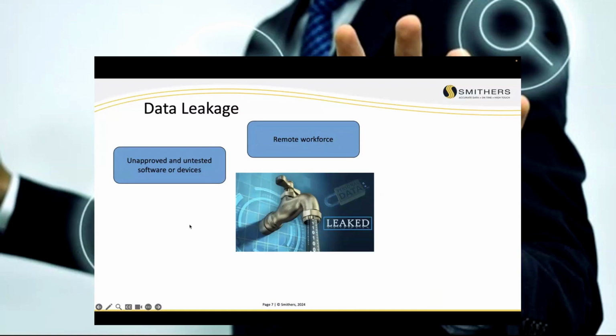First and foremost, your employees are using either unapproved or untested software or devices. The devices come in if it's bring your own device, BYOD. If they bring their own device and you don't have some method of scanning or monitoring that device, you have no idea what software is on it. The other piece is that even if you issue a corporate machine, you need some sort of monitoring and protections on it to make sure that they can't upload or install software that they shouldn't. We call it whitelisting or blacklisting. Usually on computers, we call it whitelisting, meaning it's an approved list of software to be installed on that machine.